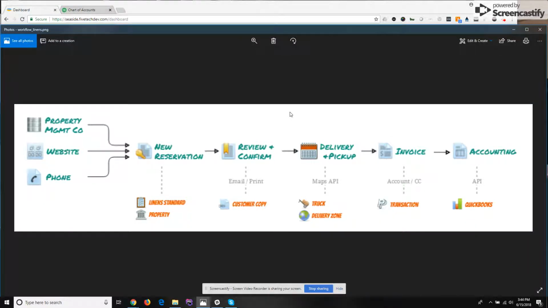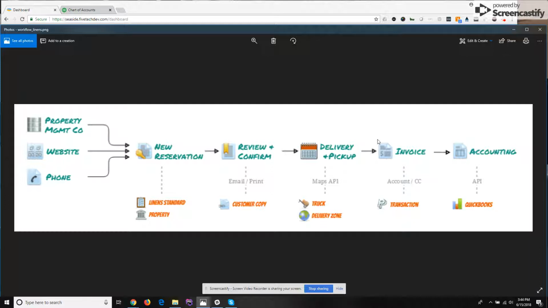Okay, the last step in the process or the workflow here is that of the invoice to the accounting system. So we're going to be right over here in the workflow. Not a lot of excitement when it comes to these steps, but generally this could be one of the biggest